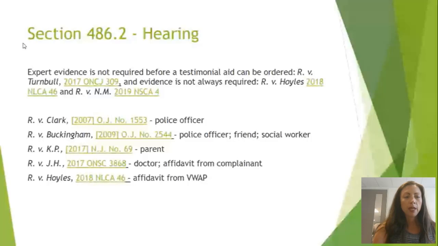Section 486.2 indicates that there are specific provisions in relation to a hearing to be held where there is an application to be made for a testimonial aid. It is clear that an expert is not required to testify in support of a testimonial aid. It may be the case that expert testimony is more relevant and necessary where an individual has a mental or